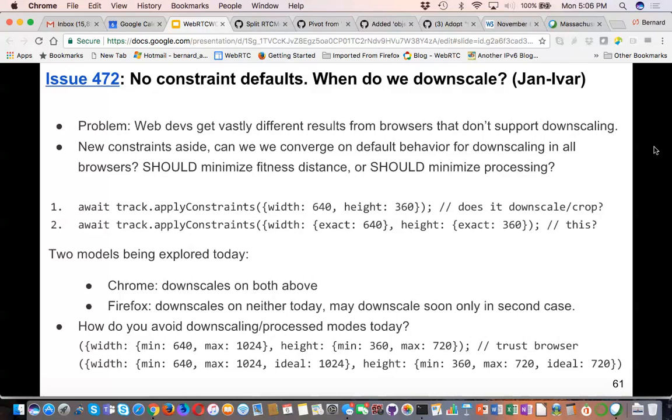So we're thinking we would only downscale if we were forced to, meaning using constraints where we would otherwise get an overconstrained error, so downscaling is a last resort. Those are not compatible. Hopefully now we have a new constraint that can help us sort that out, but it doesn't address defaults. So we're asking how would they like it to work by default.